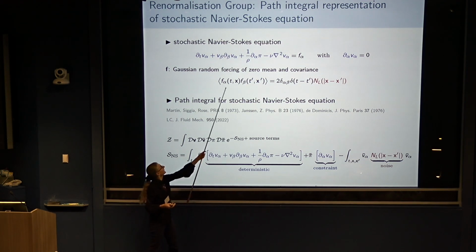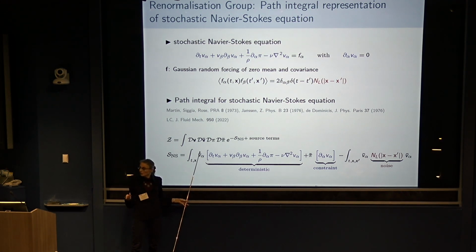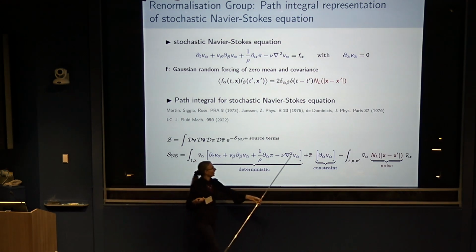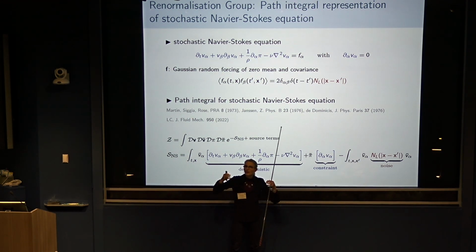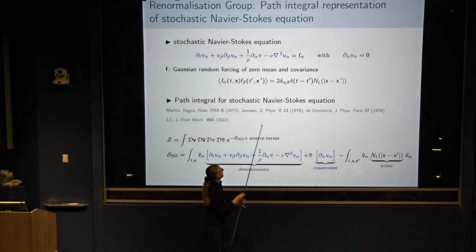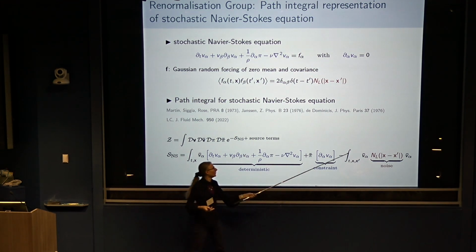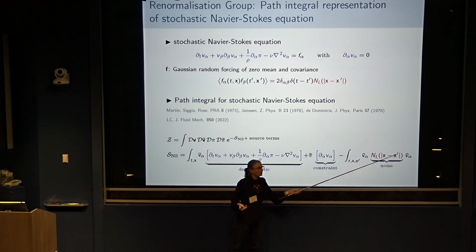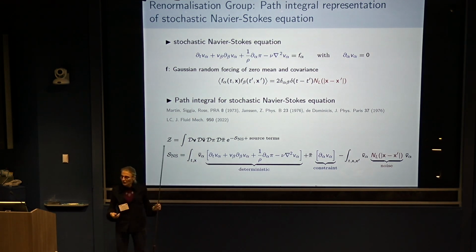The deterministic part of the equation just comes with a linear term in this field with a bar, which is called the response field. And the same for the incompressibility constraint, so it comes linear in the response pressure. Those are really just like Lagrange multipliers to enforce the equation of motion. And then this allows you to perform the Gaussian integral, so you end up with a term which is quadratic, from your Gaussian integral, with the profile of the noise which comes here. OK, so this is our starting point.